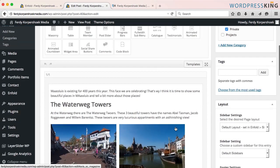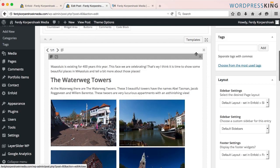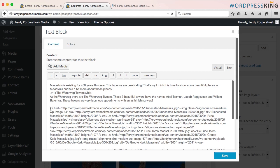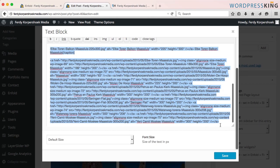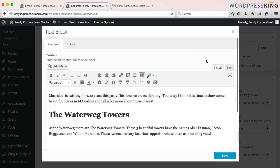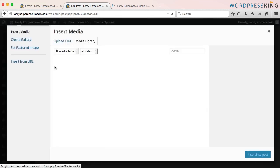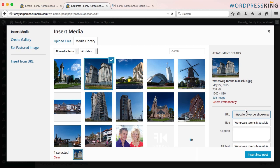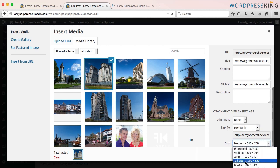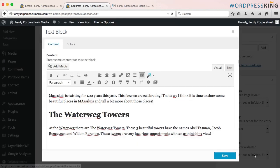So I edit the post again, I delete all those images, I click on this, and now I go to the text, and from here to there I delete everything. I save it, I click on it again, I go to the visual, enter the waterwork towers, I search for them, they're over here, I scroll down, alignment, left, center, right, no, just none. The media file, it's where it will be linked to, that's great. And the size will be the full size. I insert it to the post,